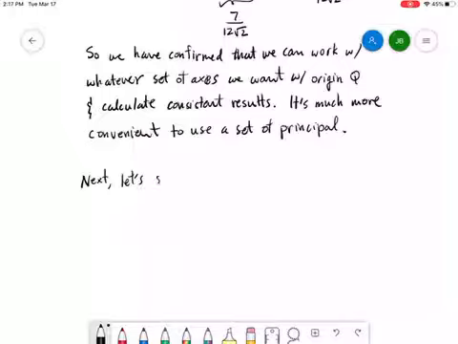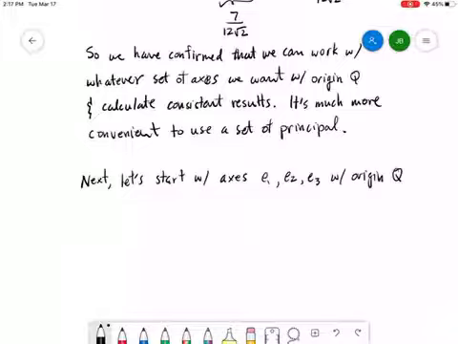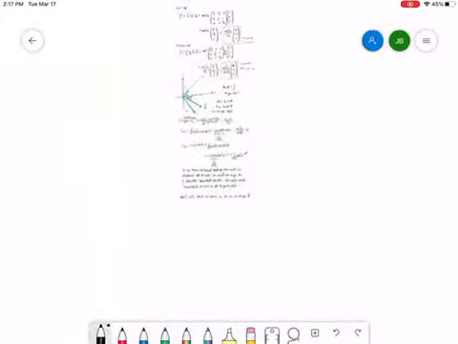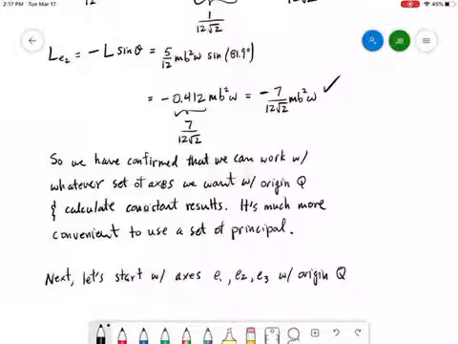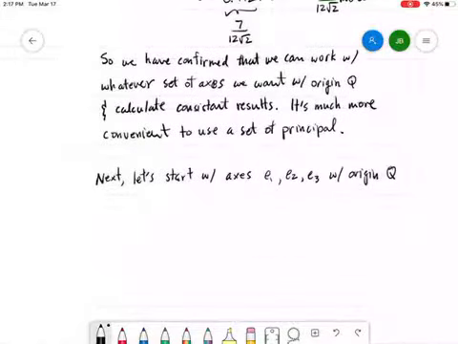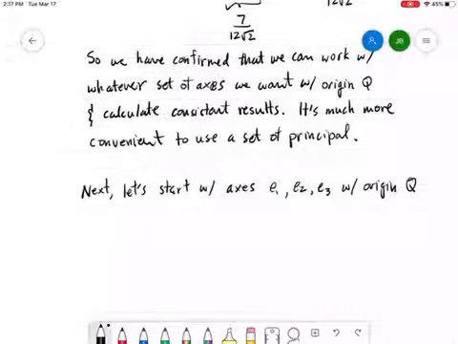let's start with axes E1, E2, and E3 with origin Q, with origin Q,